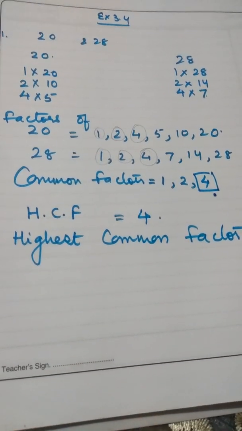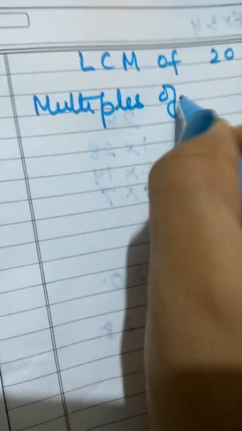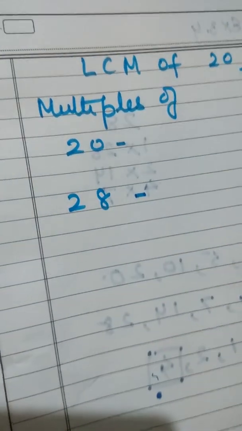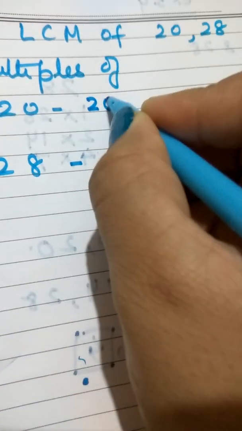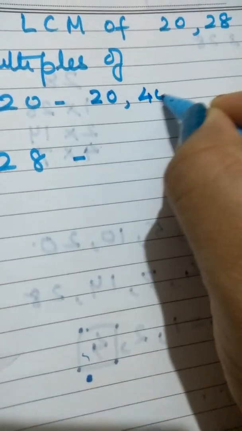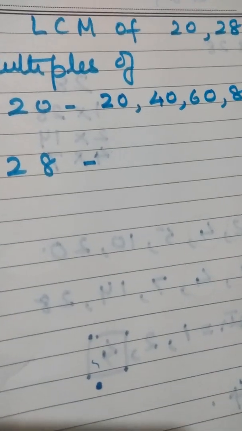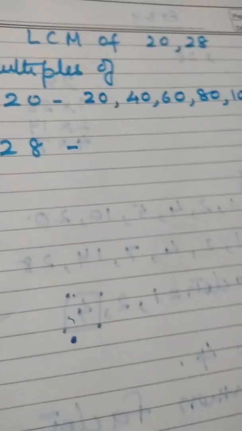Now let's find LCM for the same numbers 20 and 28. So for this, let's find first the multiples of 20, then we will find multiples of 28. So multiples of 20 are 20, then 40, 60, 80, 100, 120 and so on. Right? Now the multiples of 28 will be